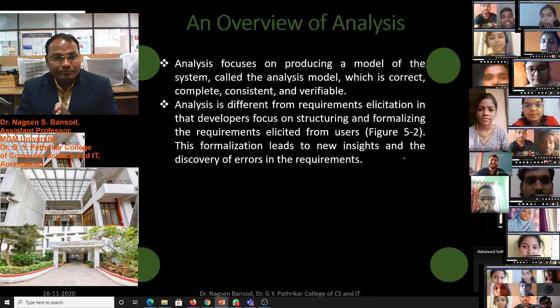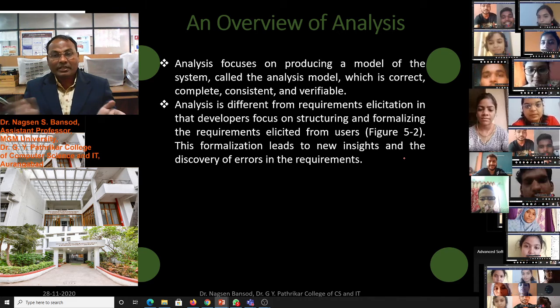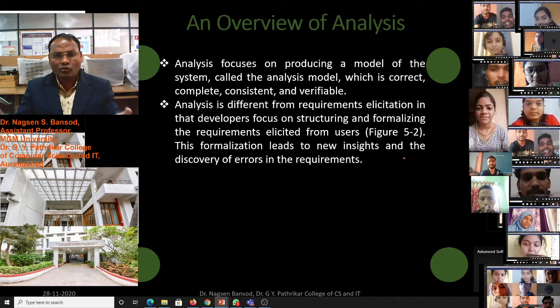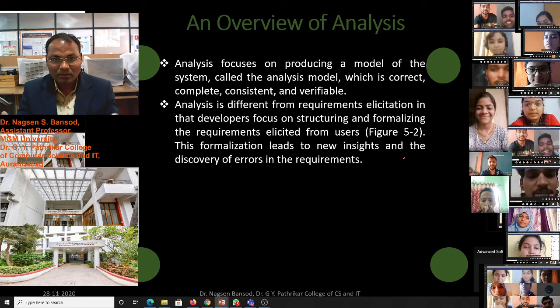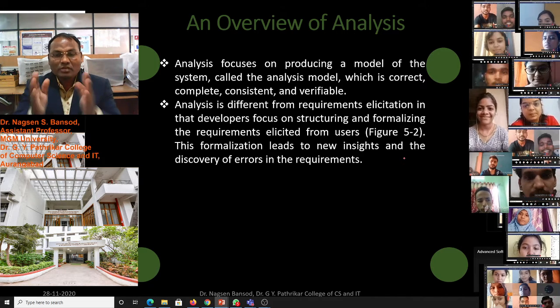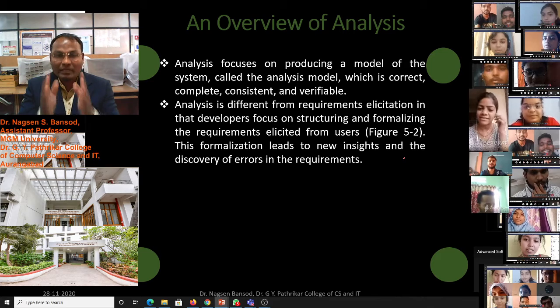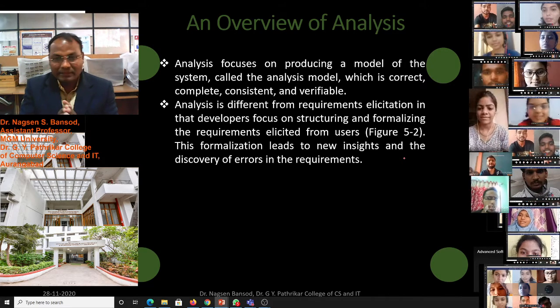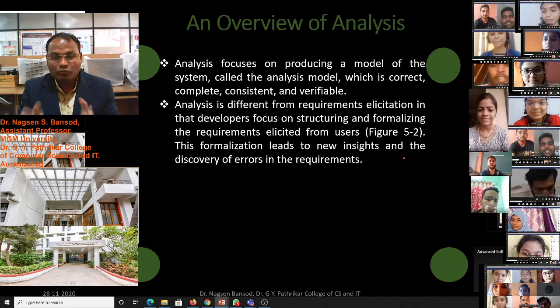Now see, analysis is different from requirement elicitation. Requirement elicitation does not mean analysis. Developers focus on structuring and formalizing the requirements elicited from the user into the analysis. In analysis, what do we have to do?